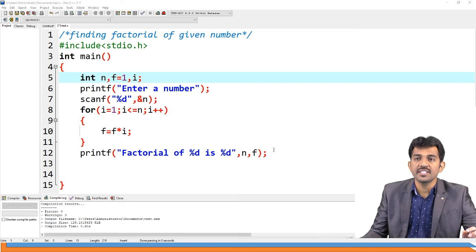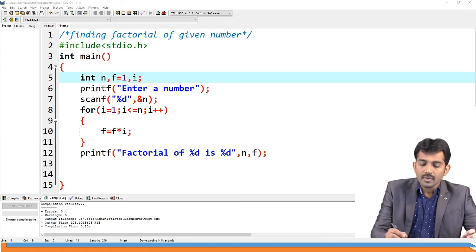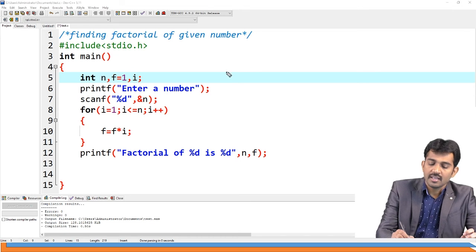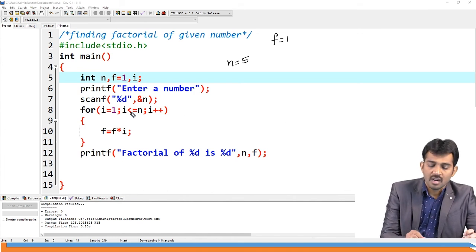Now we are going to trace this code. Observe clearly here. See, n value is 5 initially, right? So here n value is 5, and f value is also 1, right? And it comes to here, initially i value goes to 1.